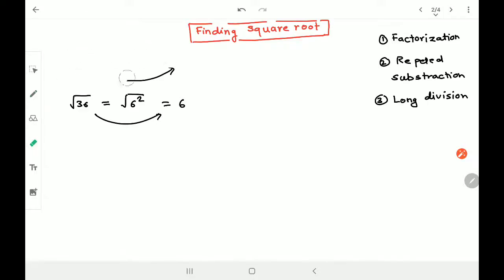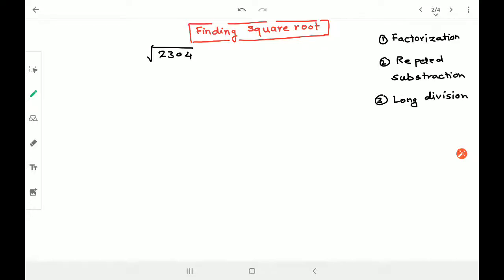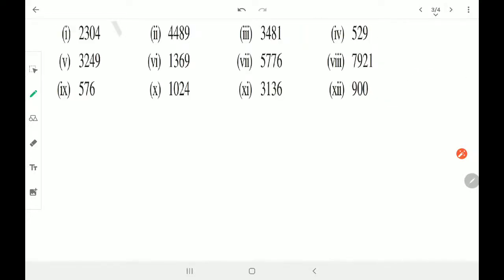But what if I have to find out the square root of 2304, a kind of a big number? Then is it possible that we remember whose square 2304 is? Do we remember that? We don't remember. We don't even know about it. So now how can we find out? Is there any mathematical way to find out the root of this kind of number, like 2304 or many more, of this category of numbers, right?